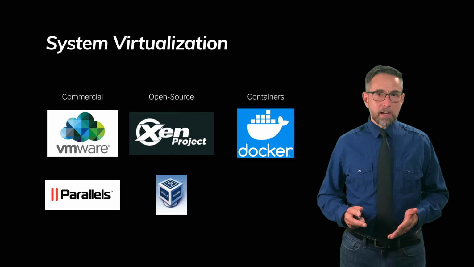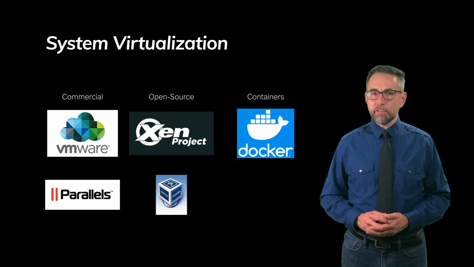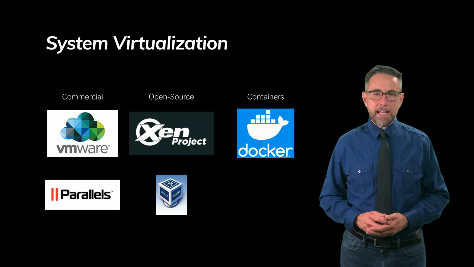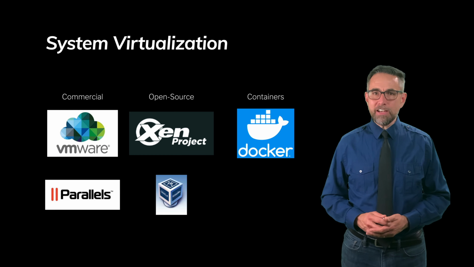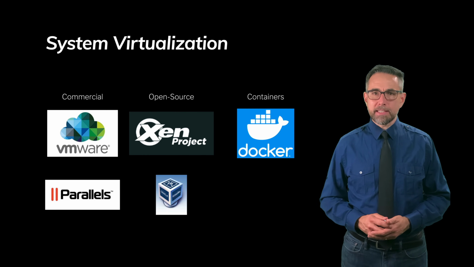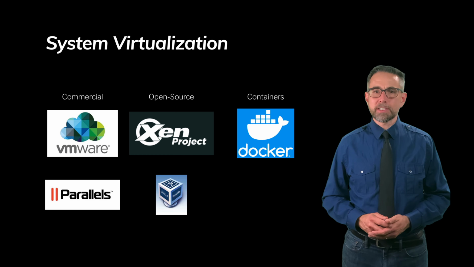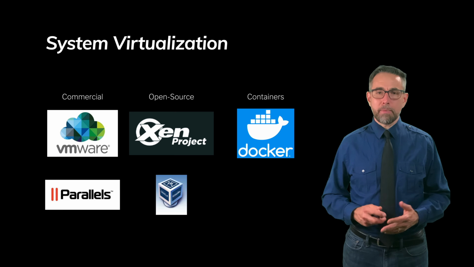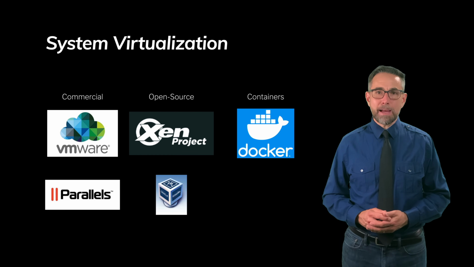A much more recent technology is Docker. Docker is slightly different than system virtual machines. They call their software containers. What's different about a virtual machine and a container is that a container is much lighter weight. A container doesn't run a separate operating system in each image. Each host container doesn't run a different operating system. It runs the same operating system as the host machine, and because of that, it's able to get much higher efficiency and much higher speed than if you're running a separate operating system in each virtual machine.